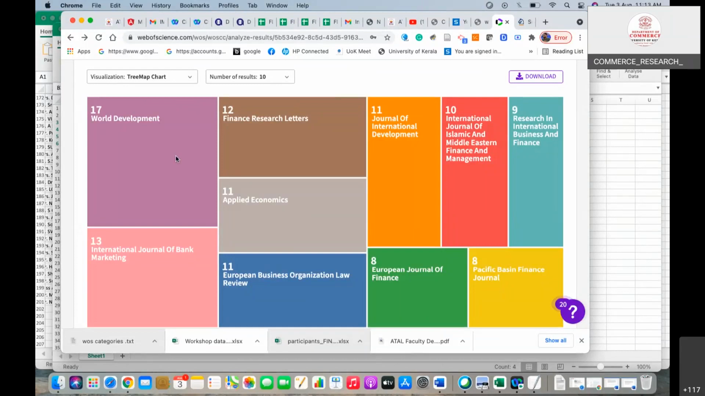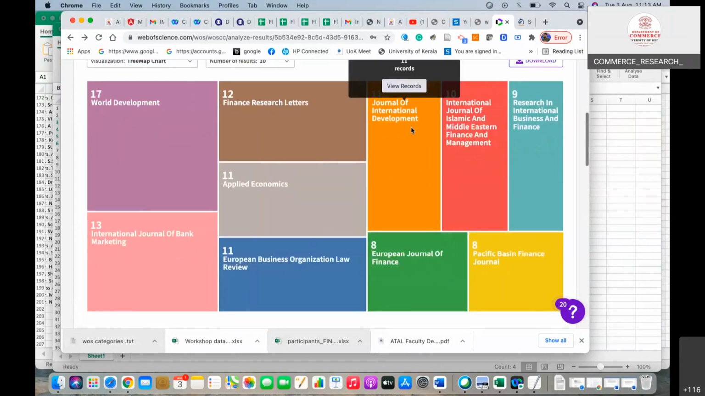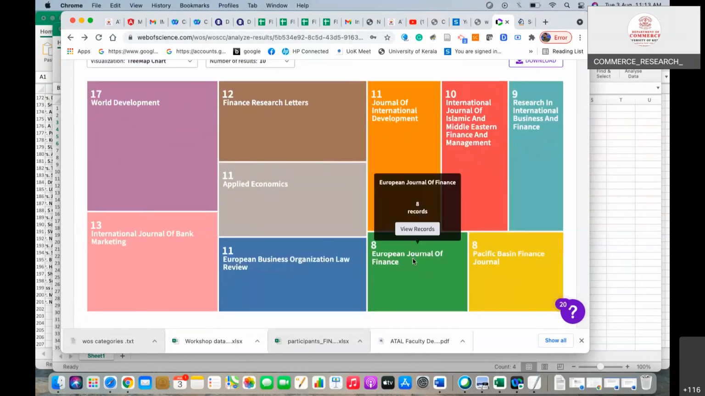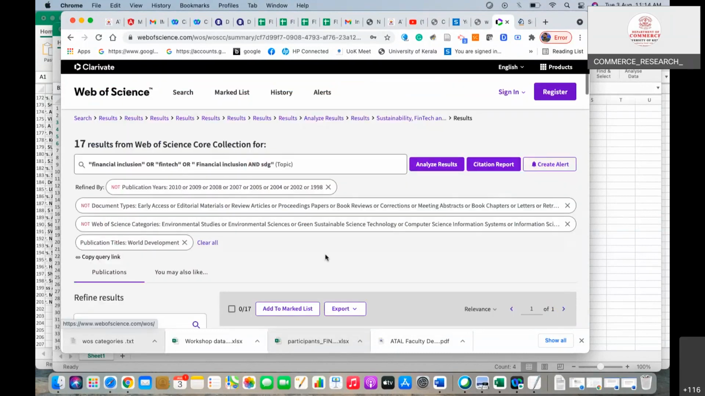International Journal of Bank Marketing, Finance Research Letters, Applied Economics, European Business Organization Law, Journal of International Development, European Journal of Finance. So you can see these papers also, because if you are specifically interested in reading these 17 papers published by World Development, you can click it. So these papers,